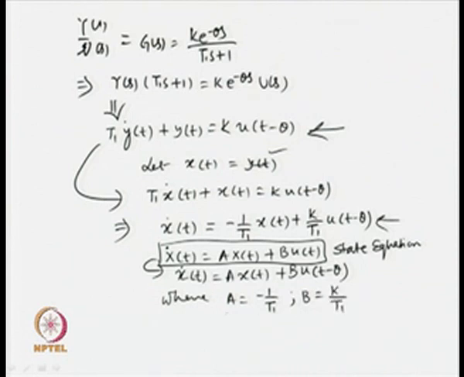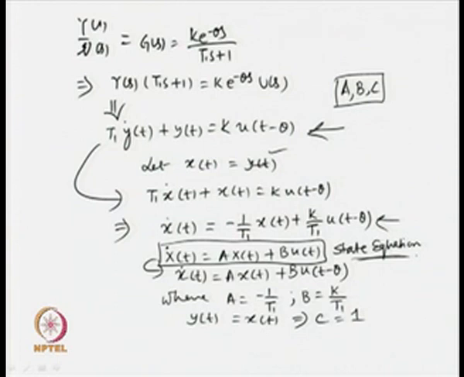Further, since the output equation is y(t) = x(t), therefore C = 1. So, A, B, C are the constant matrices or vectors or scalars for the state and output equation of a system. So, we have got our A, B, C for this. Why are we finding it in this form? Because we know the solution of a state equation,